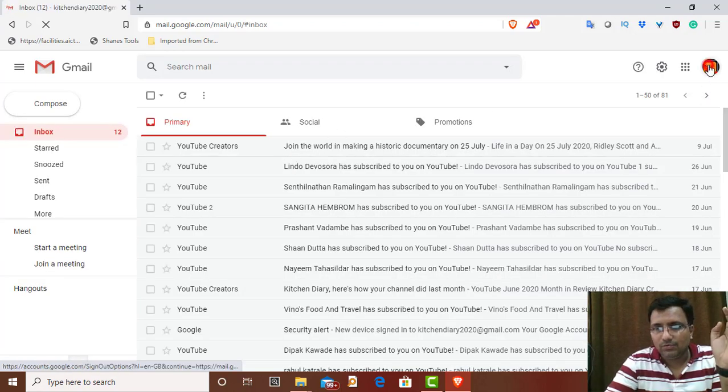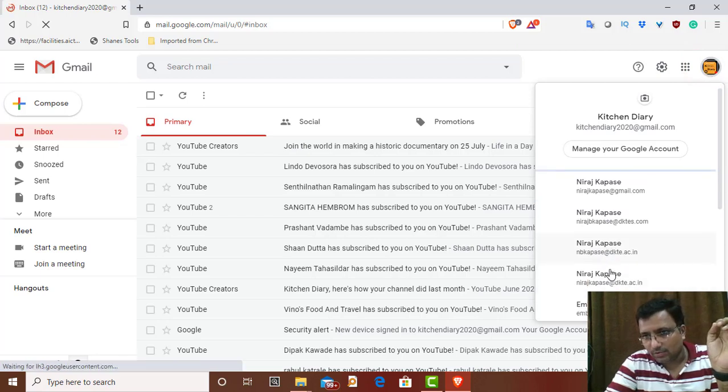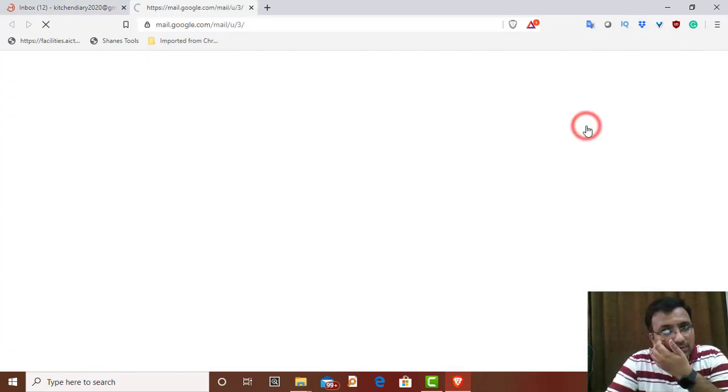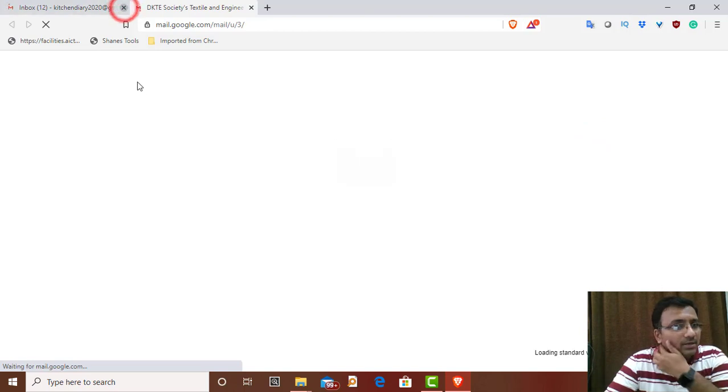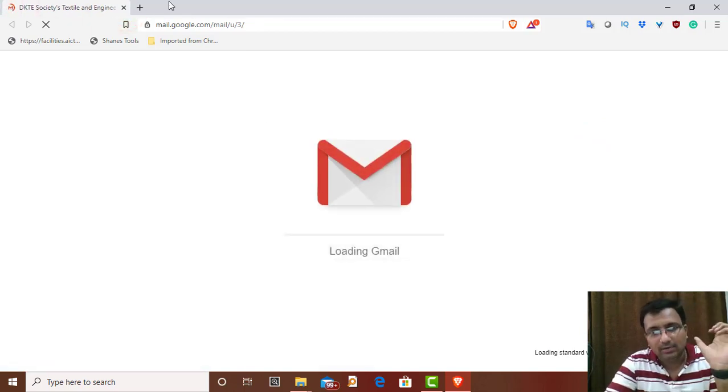Once you sign in, I'll use my college account. It is a domain account, but you can use any Google account. For all Google accounts, this facility is available.